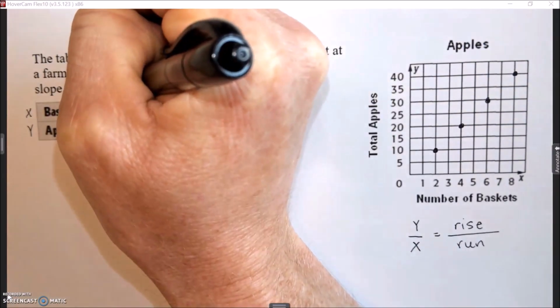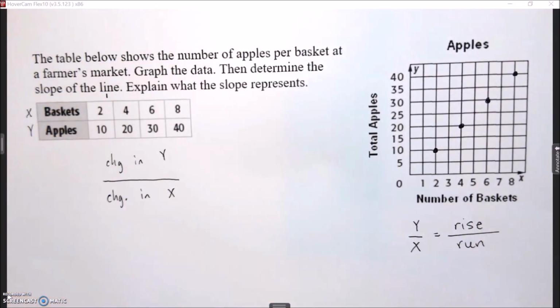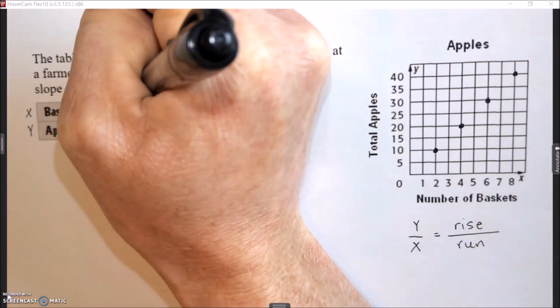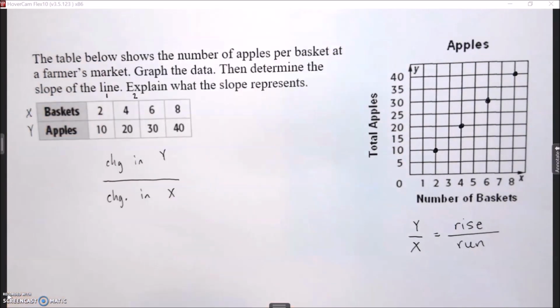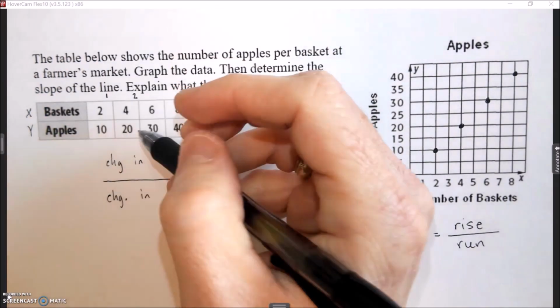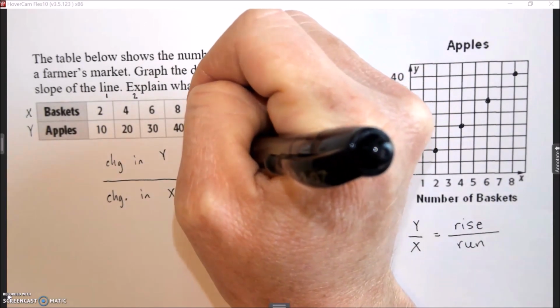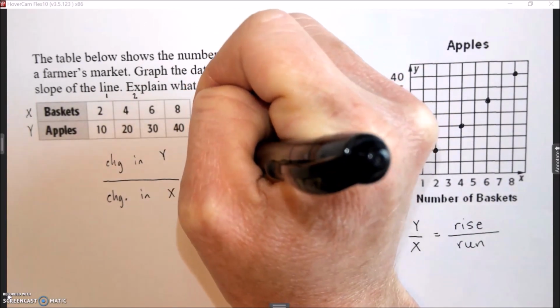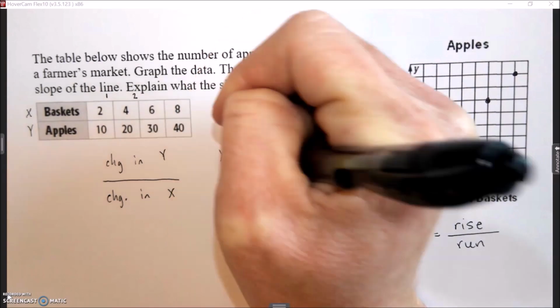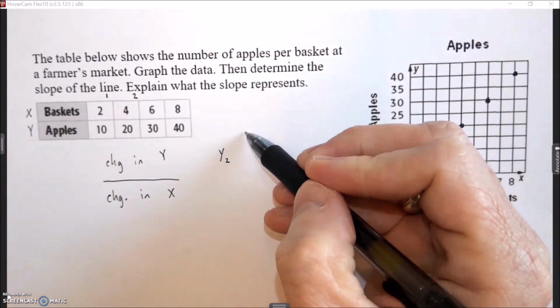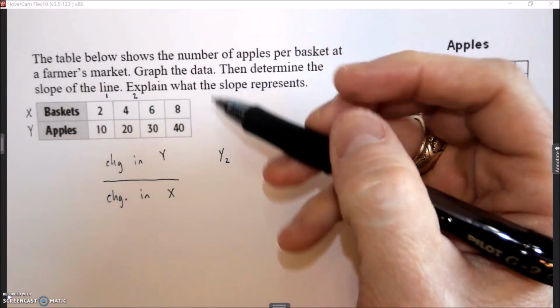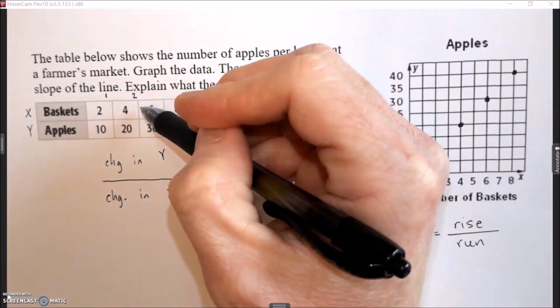This is the first set of ordered pairs, correct? This is the second set of ordered pairs, correct? All right, what we're going to do is a little formula that looks like this. We're going to take the second y. Now that is not y squared. That stands for the second y